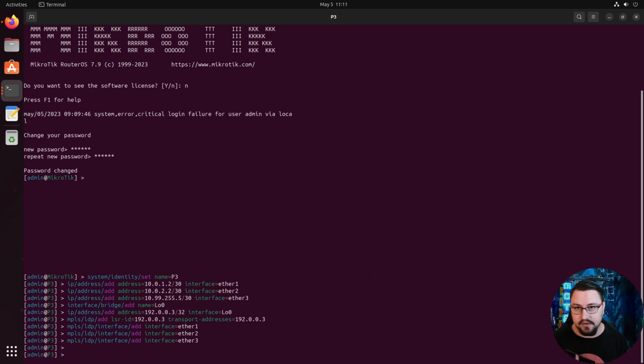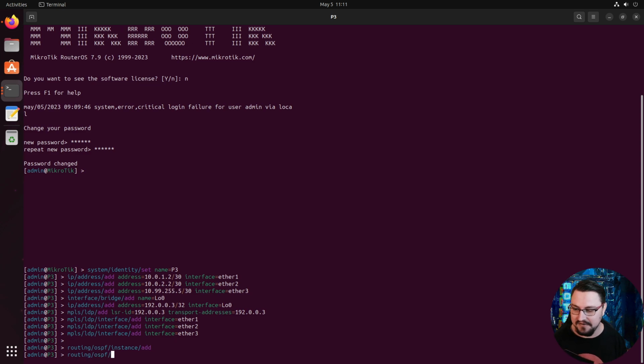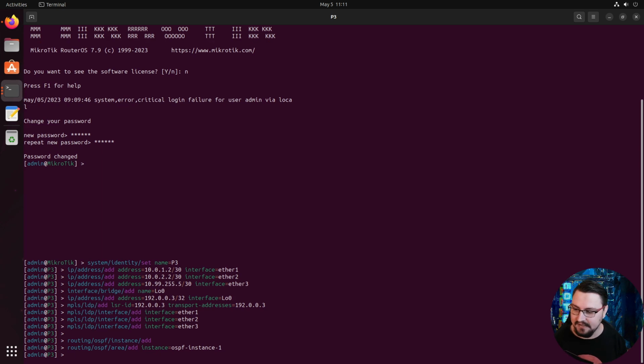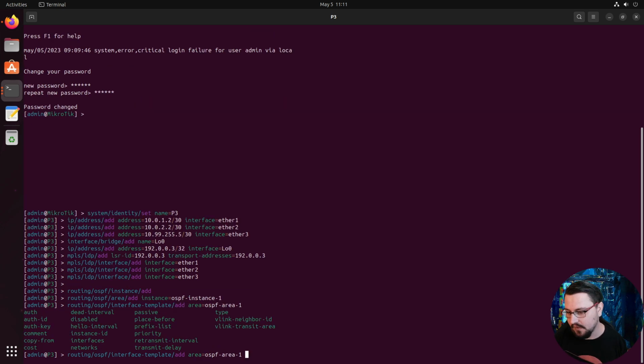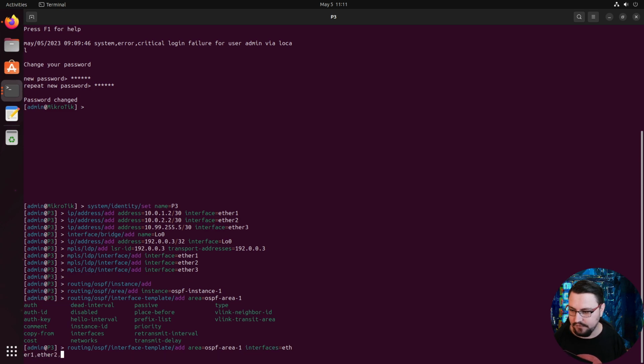Now let's quickly add the OSPF as well. So routing OSPF instance add, routing OSPF area add, and then use the instance we just created automatically, and then routing OSPF interface-template. And then we can add this, set our area to the area we just created. And then we can add our interfaces, which is ether1, ether2, ether3, allo0, our networks, which is